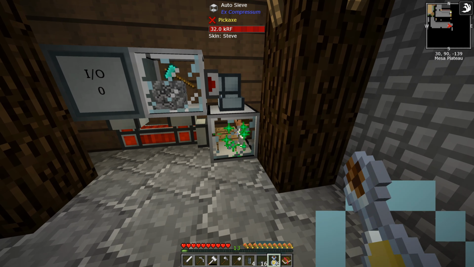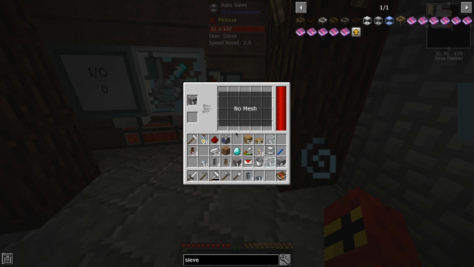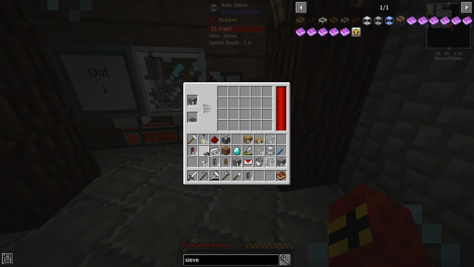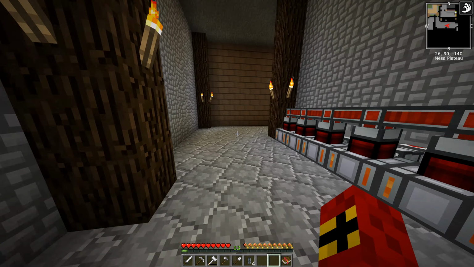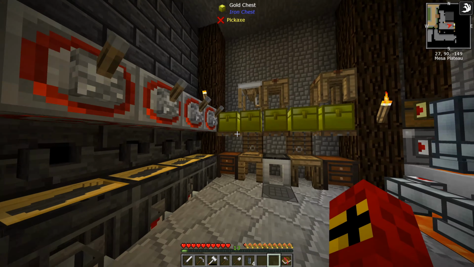So, what we could do is we could go ahead and... Okay, that did something. We could put in the mesh there, and what that's going to do is auto-sieve that for us. And as you can see, we're already getting our goodies. So, all we need to do now is get those out of there, which means coming over here, grabbing ourselves